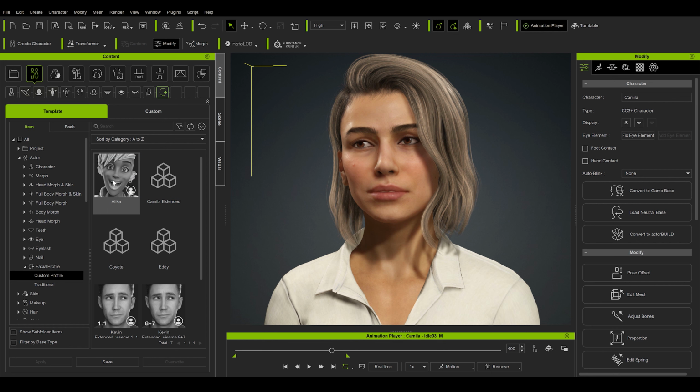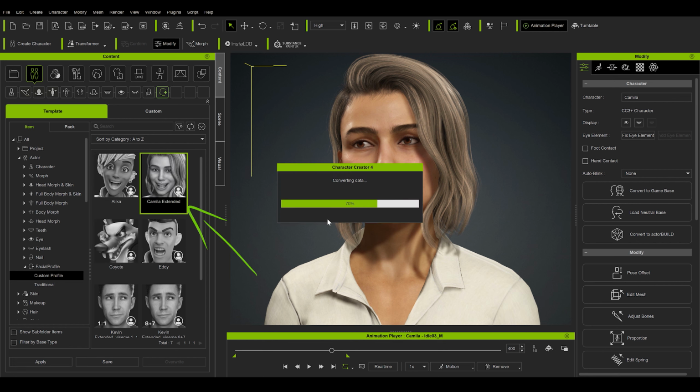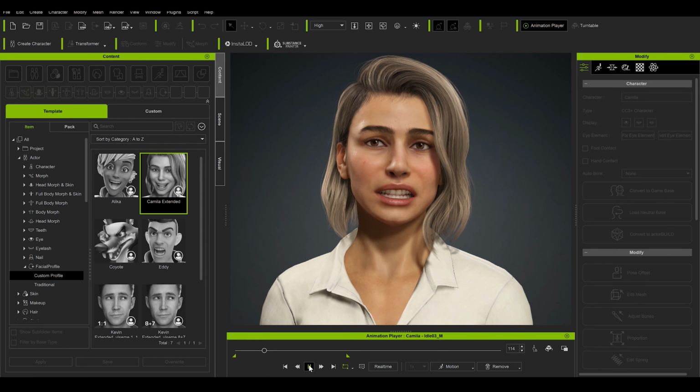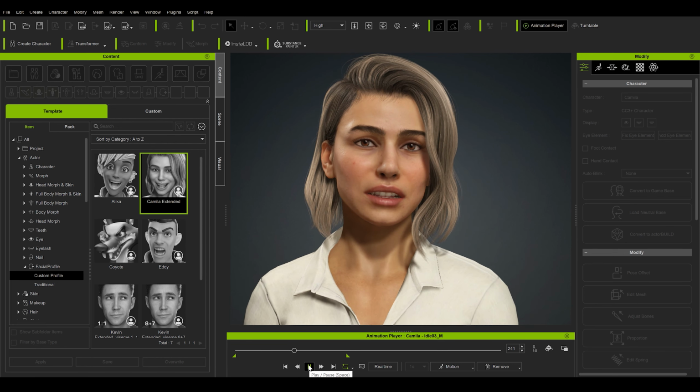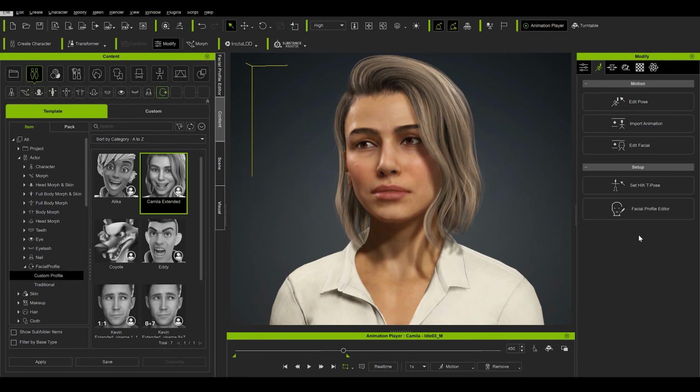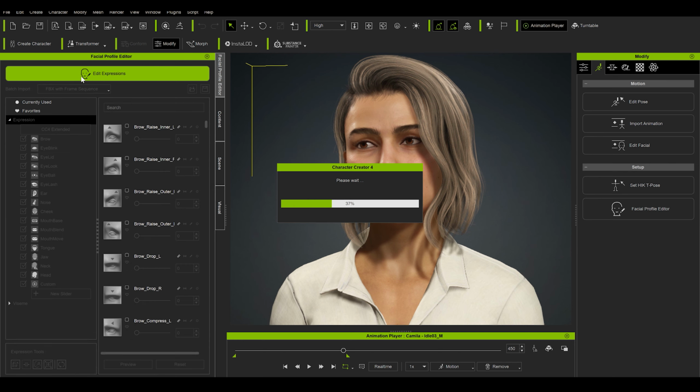Or I can even switch to profile specific to this Camilla model. Here the facial animations are much more believable again. That's because each of these expressions were being tailored directly for this character. These customizable facial profiles you can easily create in this expression editor menu, where you can preview any of the